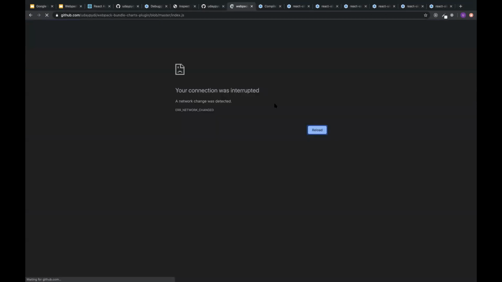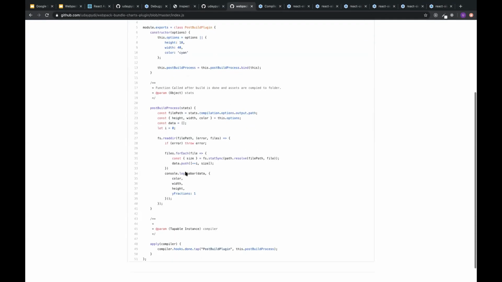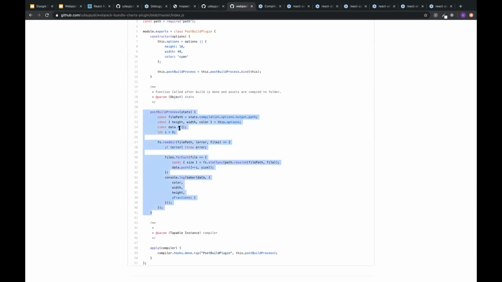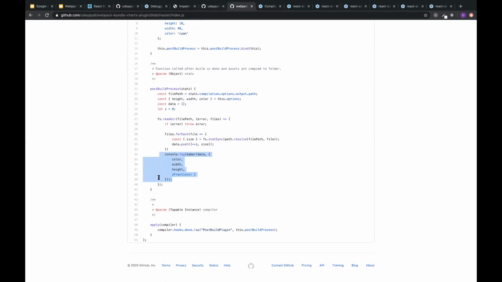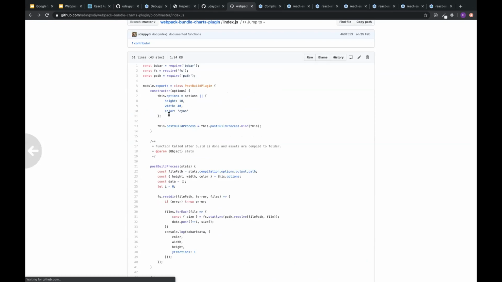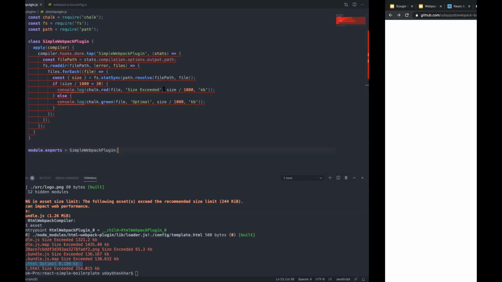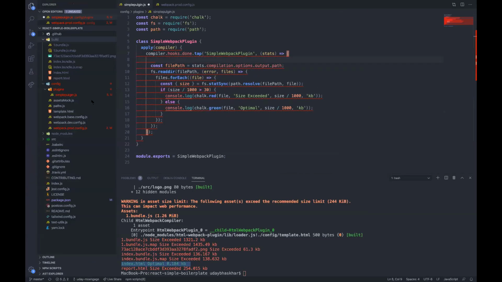You see this, I just created a post build process and I was reading the files and I used ASCII charts to create a simple analyzer for me. You can create a lot of things on top of it. It's not like this is the only restricted thing. You can use a lot of hooks to do that. Now let's see how we debug a hook, like how we debug Webpack, and I think after that I'll wrap it up.